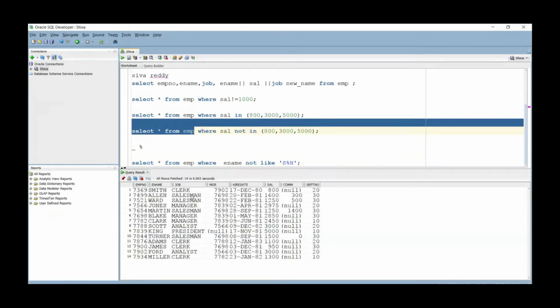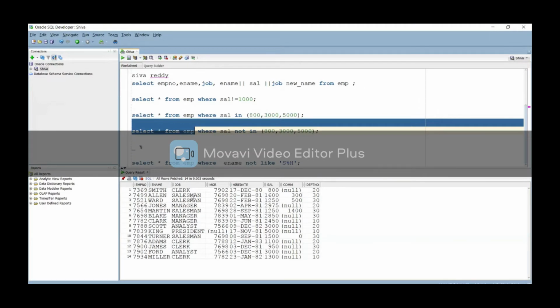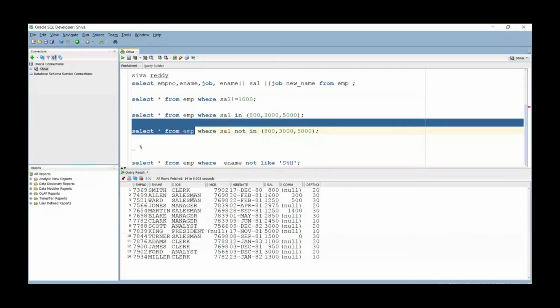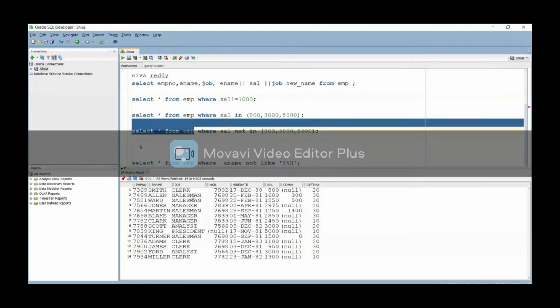Who is earning more than 3,000, greater than or equal to 3,000, less than or equal to 5,000? Else you can say greater than 2,000, less than 5,000. I need who is earning a salary in between this range. I need these employees. So we have two ways for that.